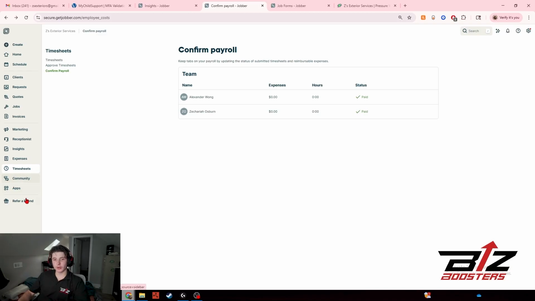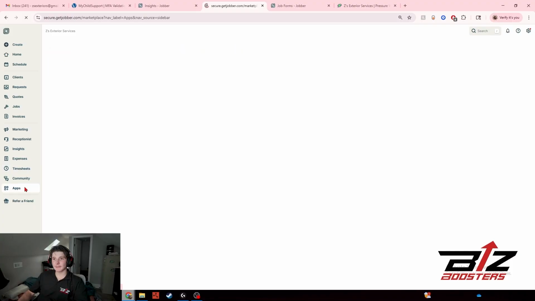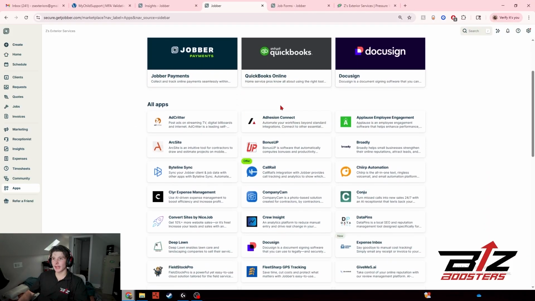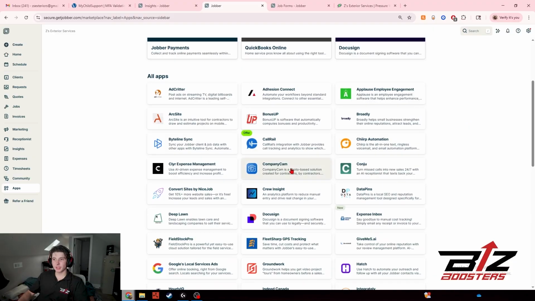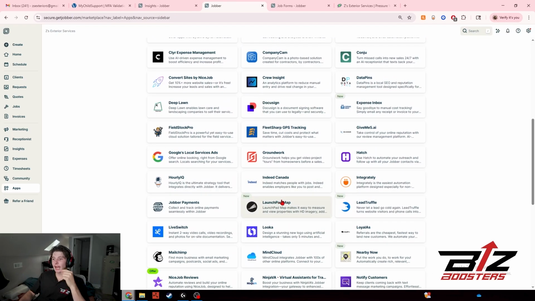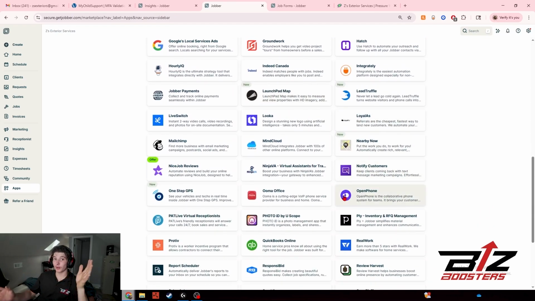I'm not going to go through community or refer a friend. The apps, though, is pretty awesome. So you can add stuff such as your QuickBooks for easier bookkeeping. You can add CompanyCam, so you can add 1,000,000 pictures. There's a lot of small little things that you can add on to Jobber, which is already an amazing service,